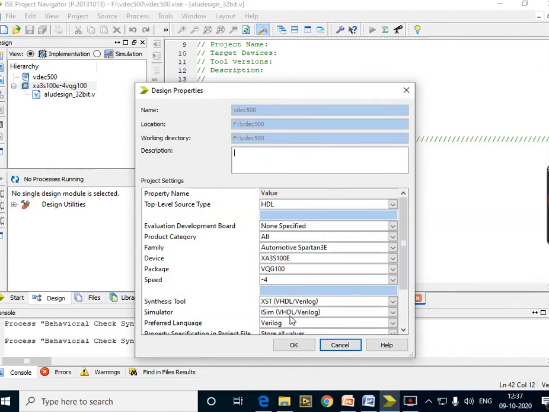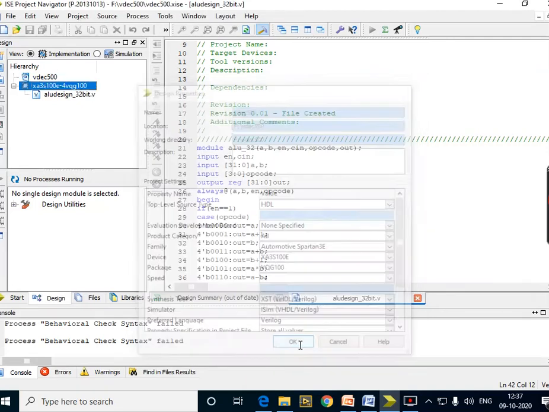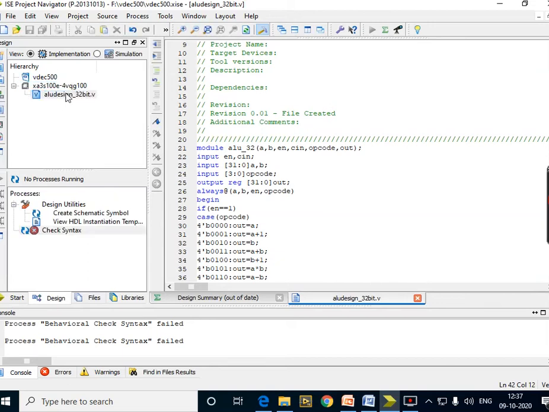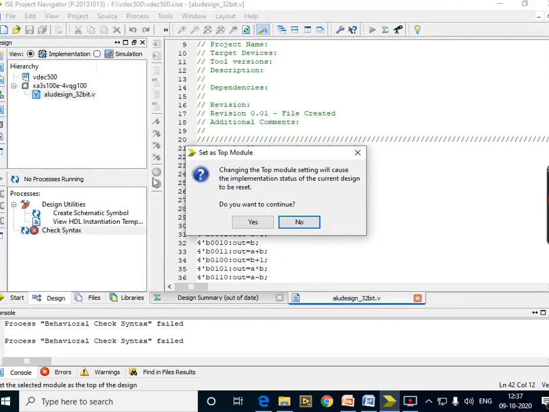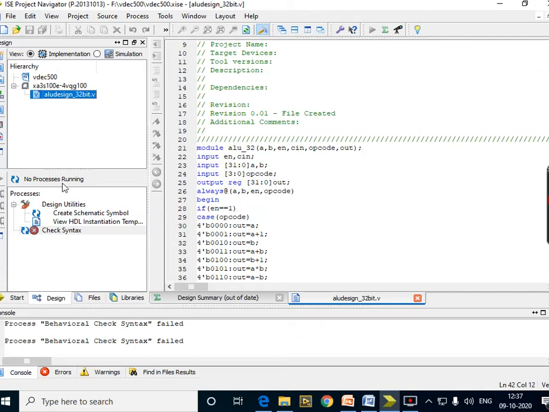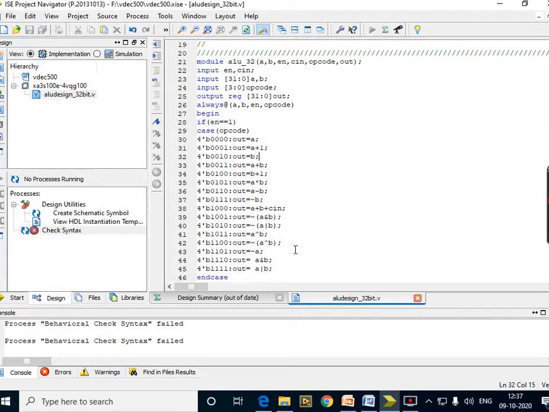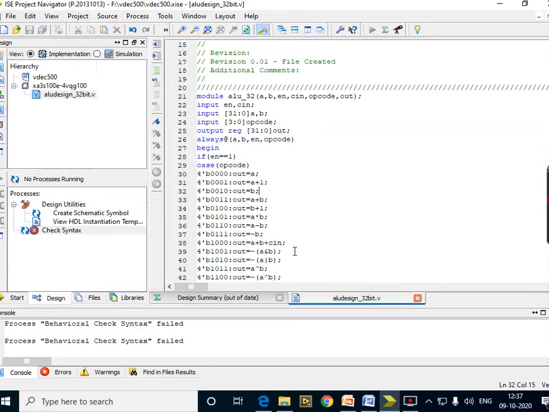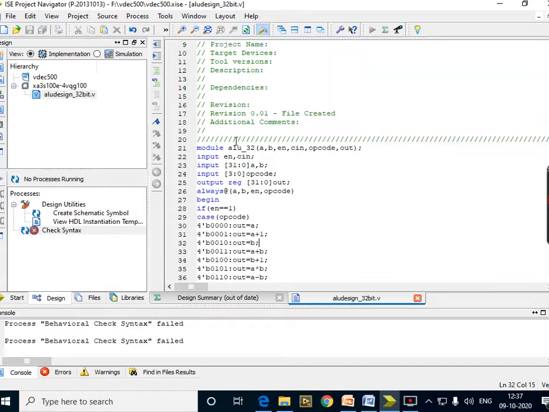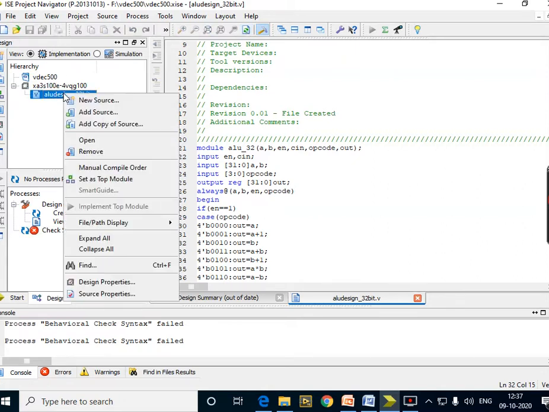project, we have selected all of them, they are configured and it is correct, doing the job correctly. ALU design is also selected. Now to set as a top model. Okay, now I have selected it as top model, then I have to go for the simulation platform of this one. So any changes or errors occurred, we need to debug them, and if there are no changes or errors, I have to simply go for the execution part of this, right?